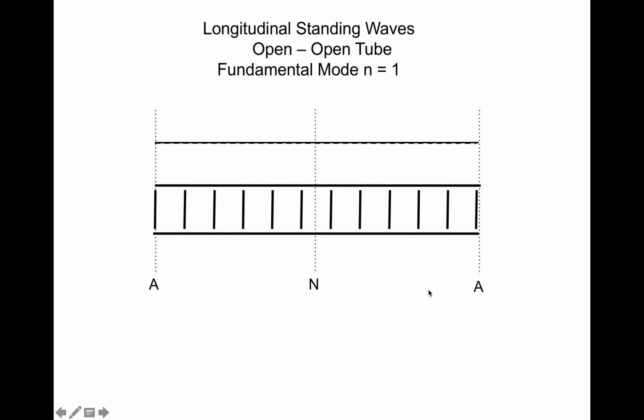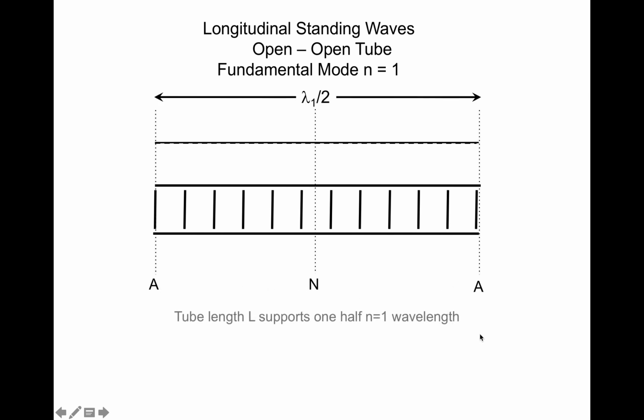Okay, tube opened at both ends, actual flute or other woodwind instrument. Air is freest to move at each end. That's where the antinodes have to be. You have to have antinodes at the open ends. And for the lowest frequency standing wave, you're going to have a node between the two, so that a node is adjacent to an antinode only, right? And so when we look at how things happen,